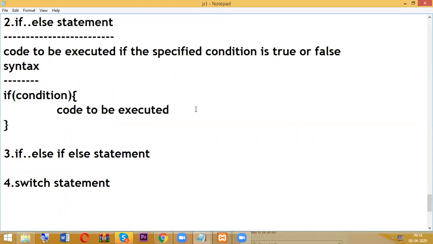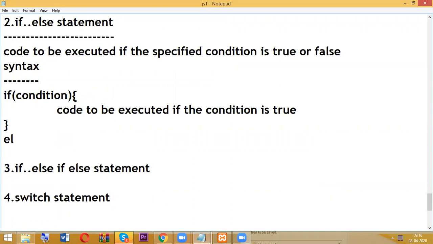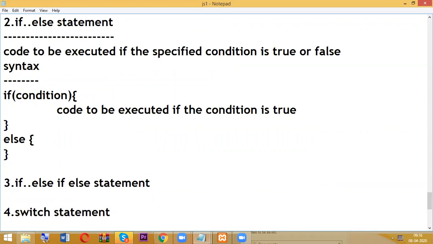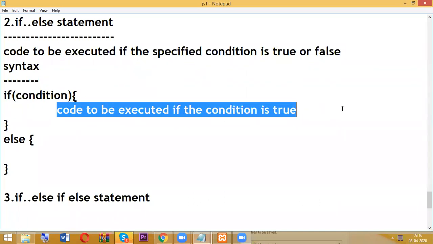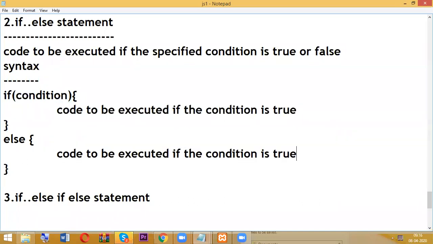In this case, code to be executed if the condition is true. Otherwise, it goes to else. So code to be executed if the condition is false.